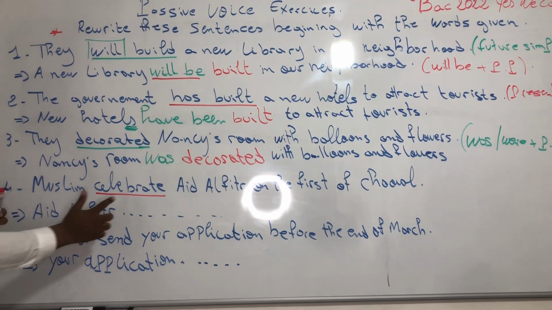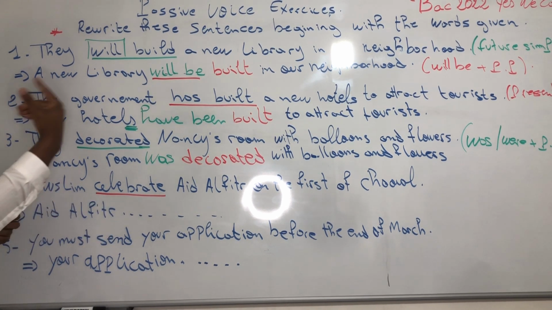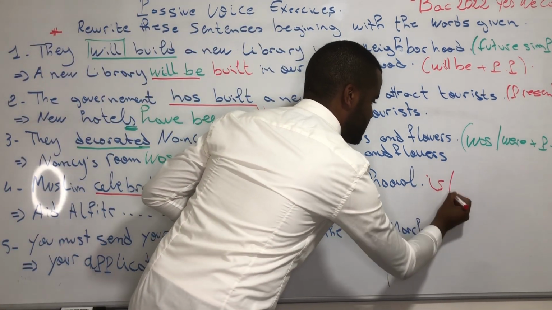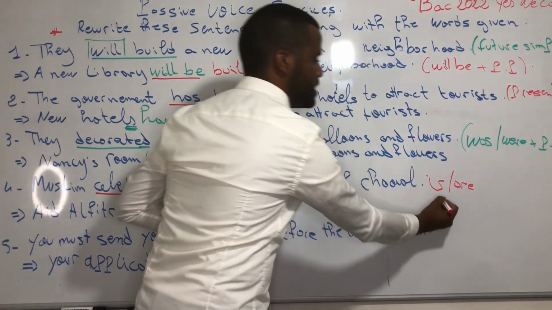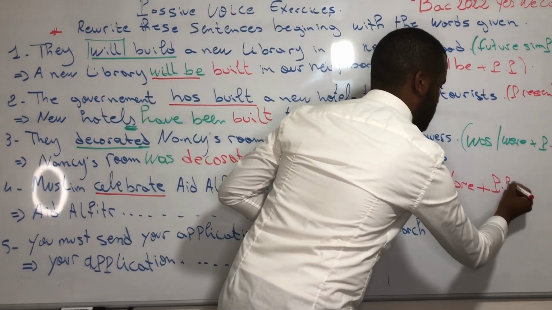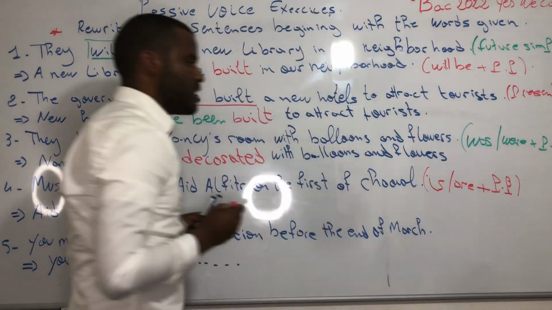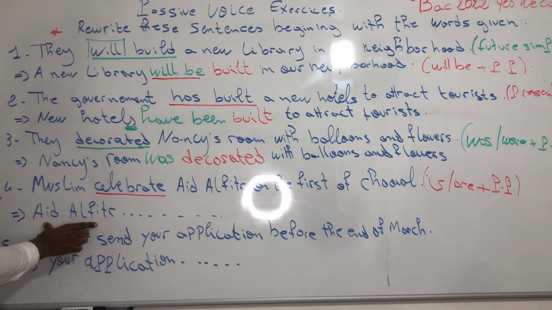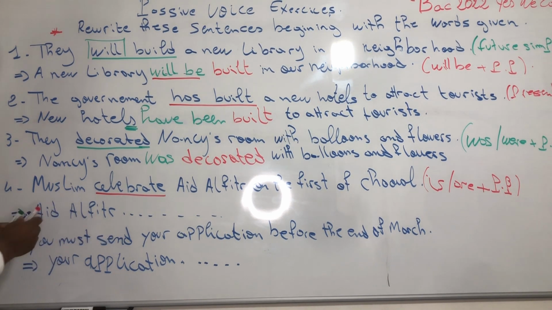Okay, so when we have simple present, in the passive, what are we going to follow? We are going to conjugate the verb to be in simple present. Is or are plus the past participle of the verb. Okay, déjà عندنا subject. Okay, so شنو غنديرو؟ عيد الفطر